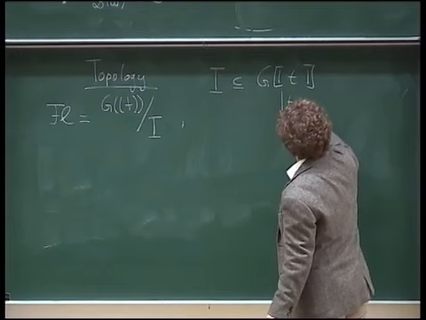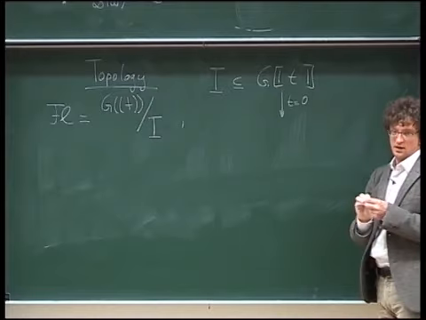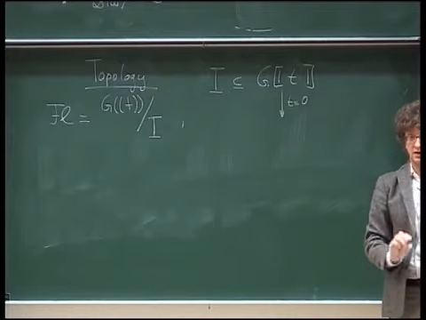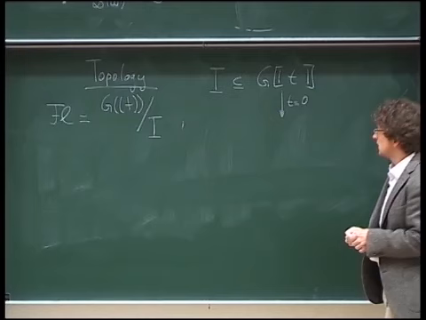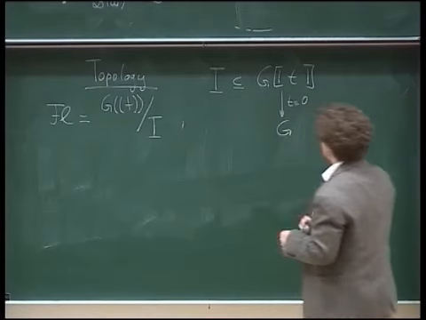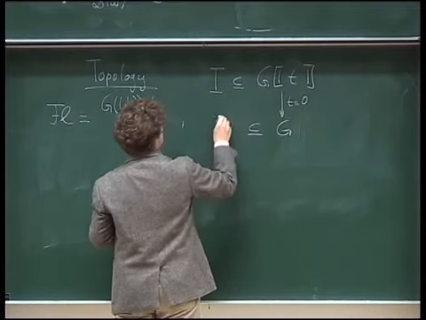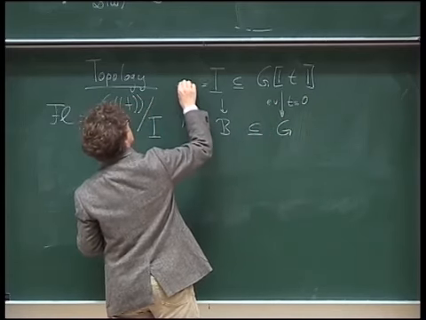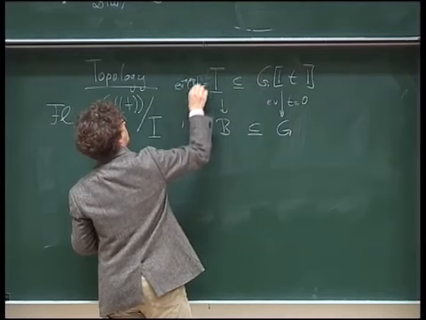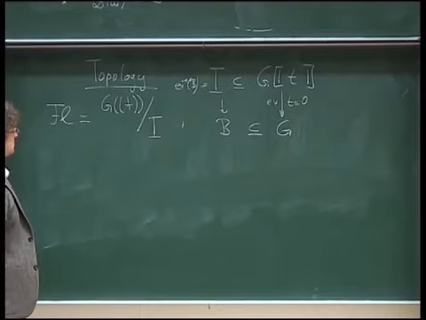So you can think of this group as the group of maps from a small disk to the group, and you can evaluate this map at the center of the disk and get an element in the group. And the Iwahori subgroup is just a pre-image of a Borel subgroup. So these are infinite dimensional groups, and you have to work a little bit to define,